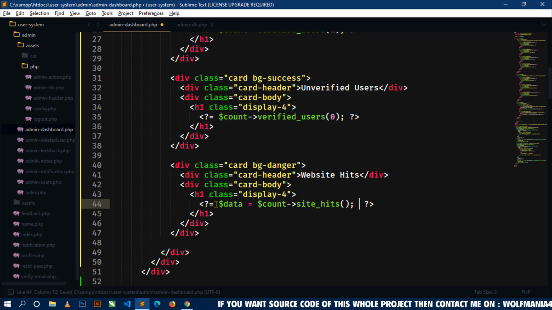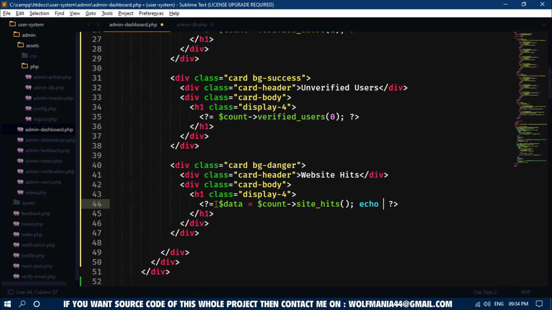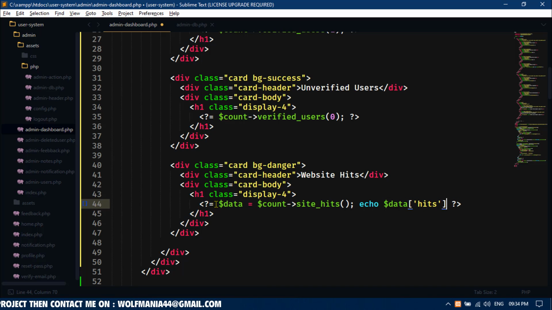Okay, and here use echo data variable, and then hits column. Okay,